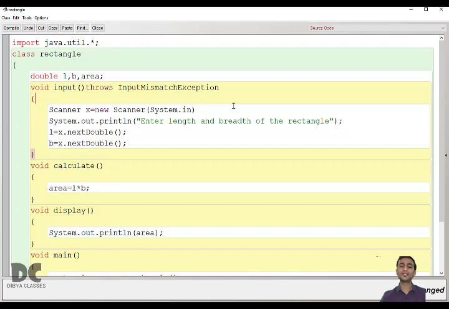You can take input in the input function directly, or wherever the question asks. Here the question asks to take input in the input function. So write the throws line there, write the scanner line inside it, write the print statement before taking input, and take the input. Your job is done. So this program is also 100% correct.